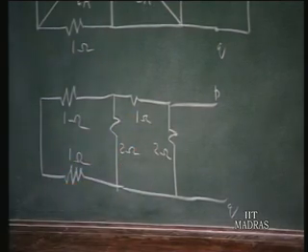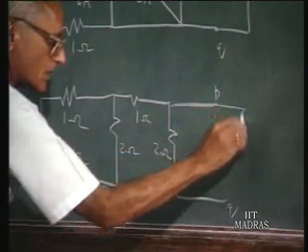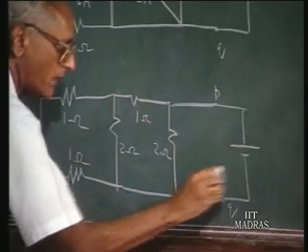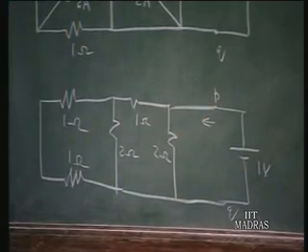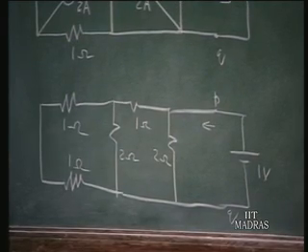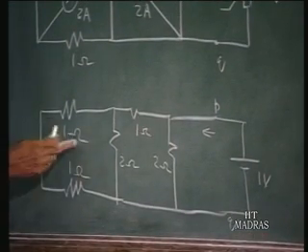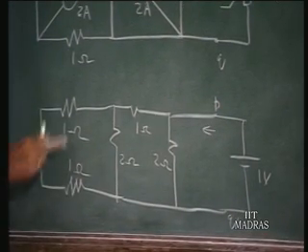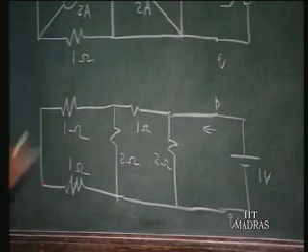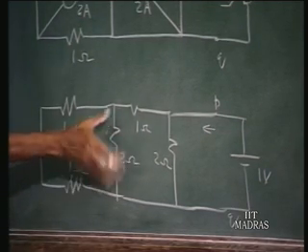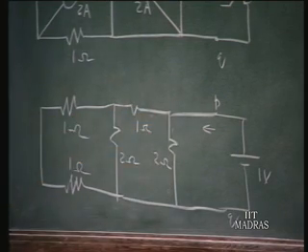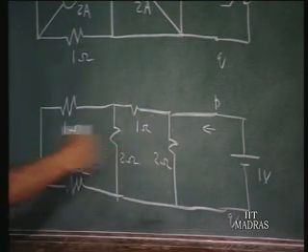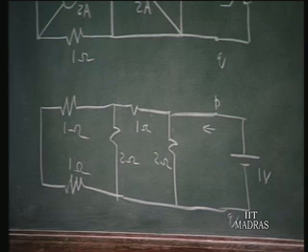So for this purpose, let me say I connect a 1 volt source and try to find out the current, and that voltage divided by the current will be the equivalent effective impedance. Now these two 1 ohms in series are 2 ohms, 2 ohms in parallel with 2 ohms is 1 ohm, and 1 ohm comes in series with 1 ohm, that is 2 ohms, 2 ohms in parallel with 2 ohms is 1 ohm. Therefore as far as we see from PQ, the Thevenin resistance or effective resistance is 1 ohm,